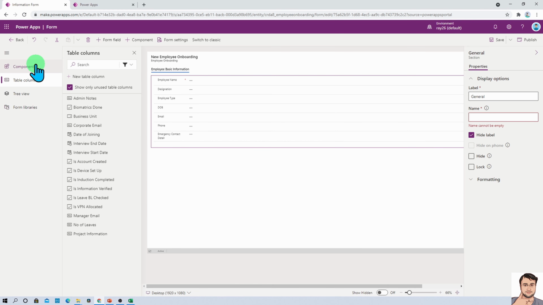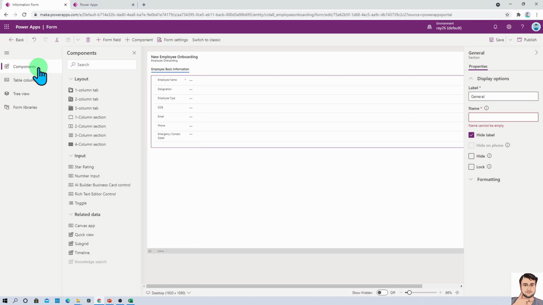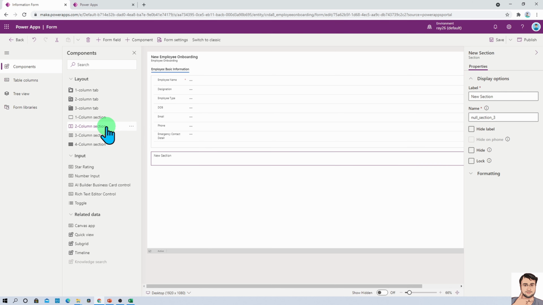So I'm just going here to the component section and let me add a two column section over here. So I just added this section and now let's provide the name of the section, interview details. Right, and now let's add other fields into this section.